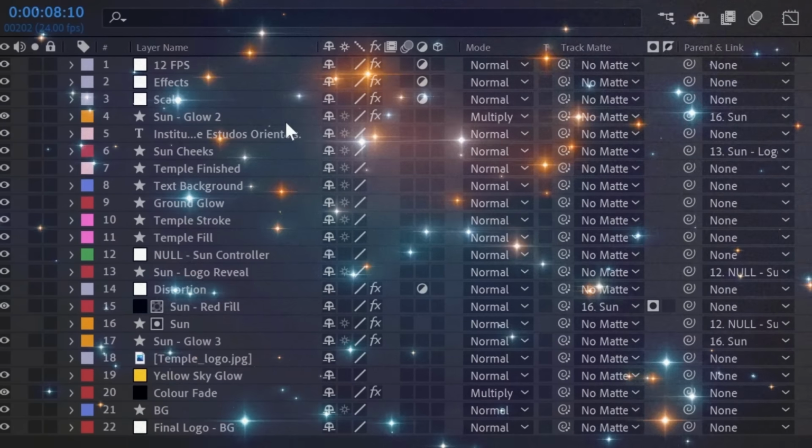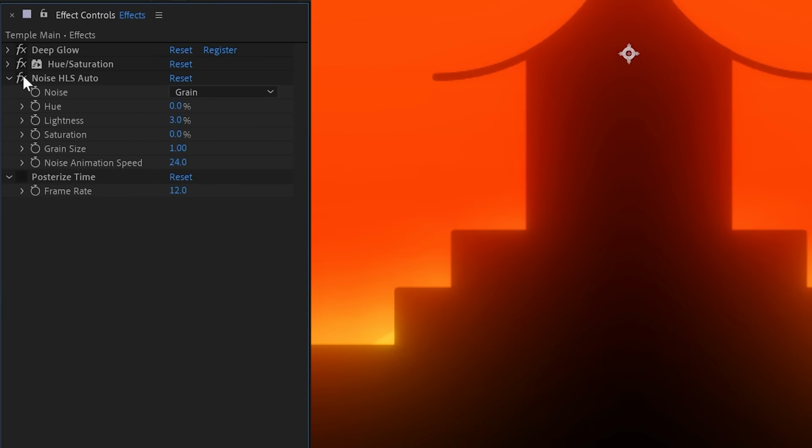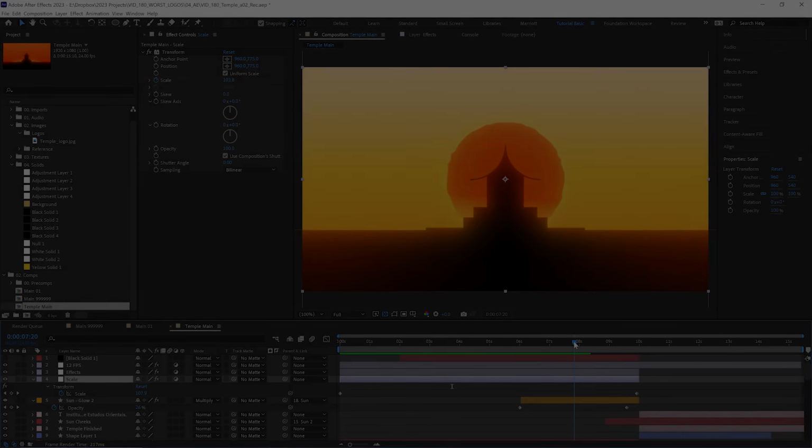Don't just stop with what a plugin gives you. Go the extra step, direct where you want the light, where you want the color, not just where it is easiest. It does take time, it takes extra layers, but it is worth it. Also, we always label our layers, so that won't be an issue. Lastly, I added some film grain and a slight zoom in to make it feel more cinematic. Here it is.